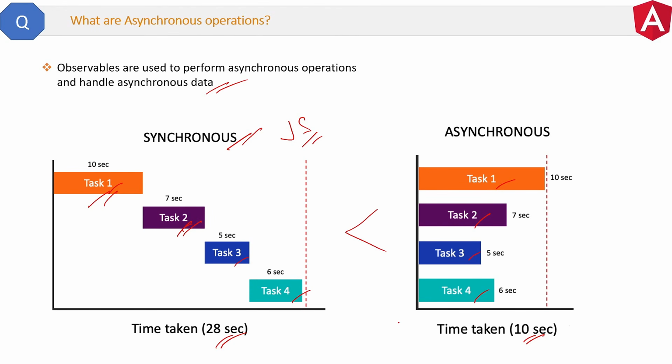Now the question is, how to achieve asynchronous programming, that is, asynchronous operations, in JavaScript. In JavaScript, we use promises, but TypeScript is the superset and advanced version of JavaScript. So here we can use promises and also an advanced technique which is called observables. In upcoming questions, we will see what are the differences between a promise and observable, and why we should use